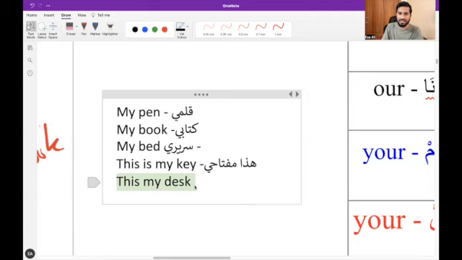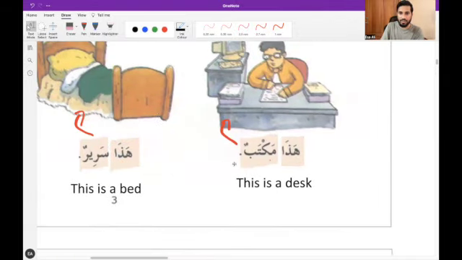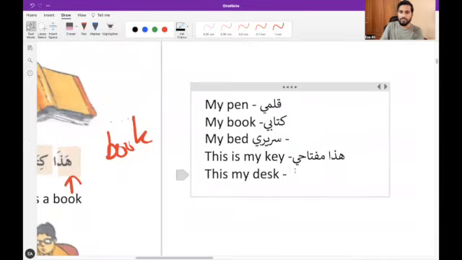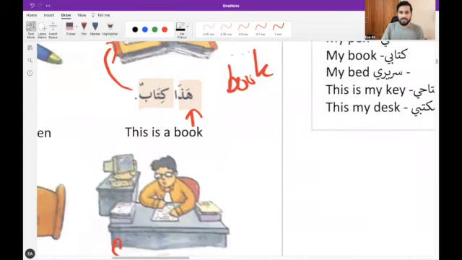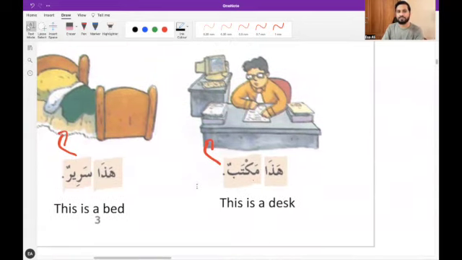This is my desk. We would now say that desk is maktab, if you recall. It's right there. هذا مكتب. Okay. This is my desk. So هذا مكتب, and we add the ya to the end. هذا مكتبي. So once we've done some practice there, I have one last thing to show you, and that is,